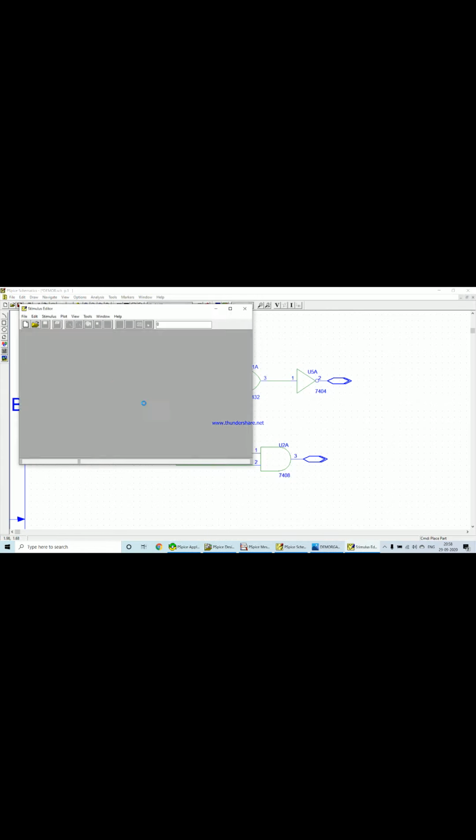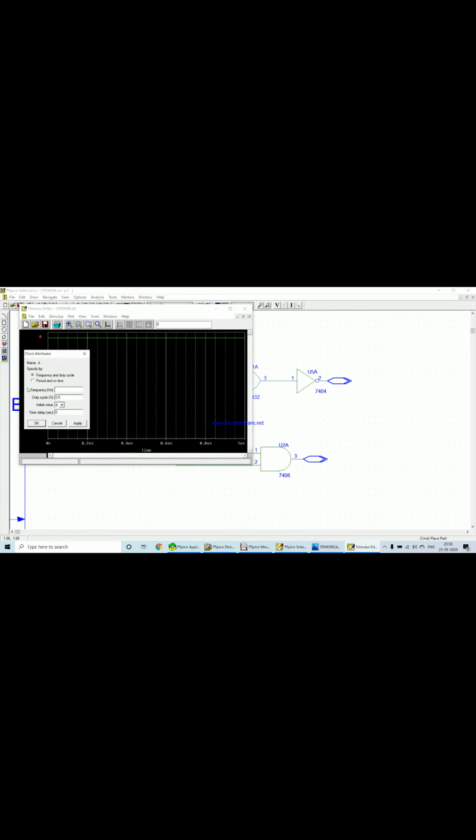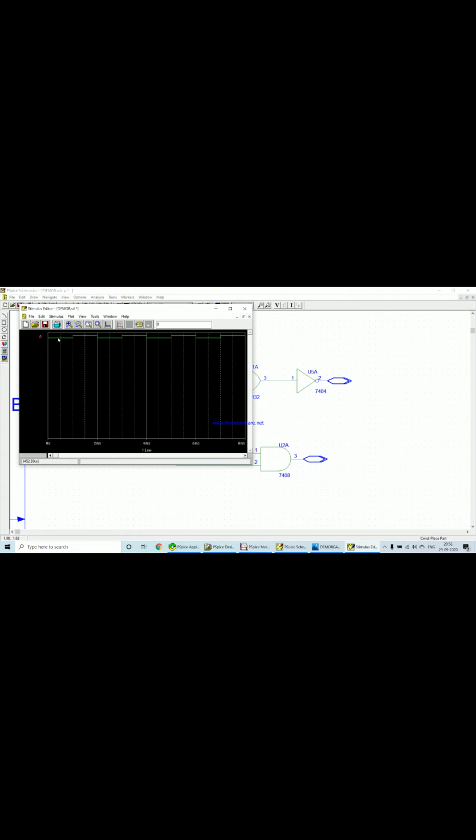I'll double click on the device. It will ask me to type the period and on time. So click on that period and on time. For A, we will normally give 2 milliseconds. It should be a small ms. Whereas on time, I will give 1 millisecond. Now, if you press on apply, you can see a square wave is generated in the background. Okay, this is the square wave. Press OK.